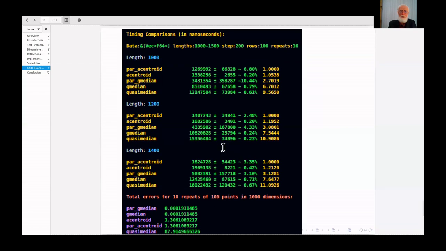Here is a benchmark using one of my crates, which are essentially auxiliary crates for the development. In this case, the times crate, which does the timing of different algorithms and prints it out in pretty colors, as you can see. You can give it various parameters, such as the size of the vectors that you want to use for testing, the number of steps, the increments.